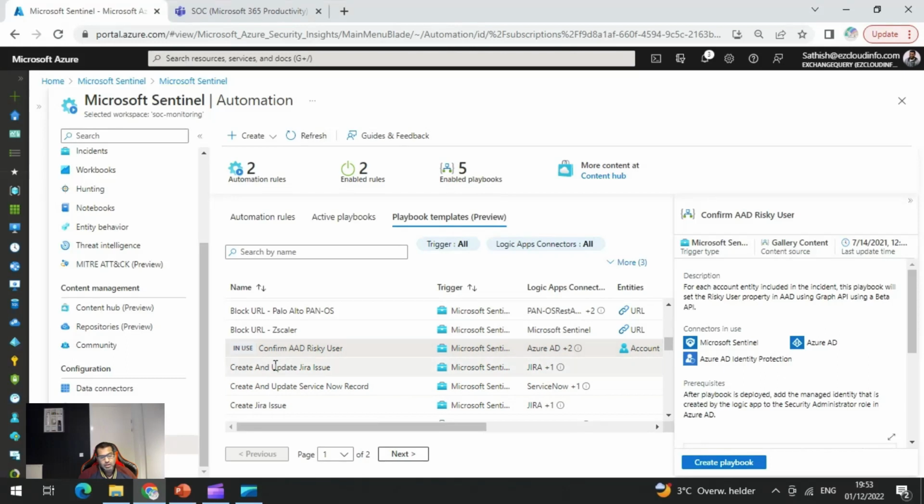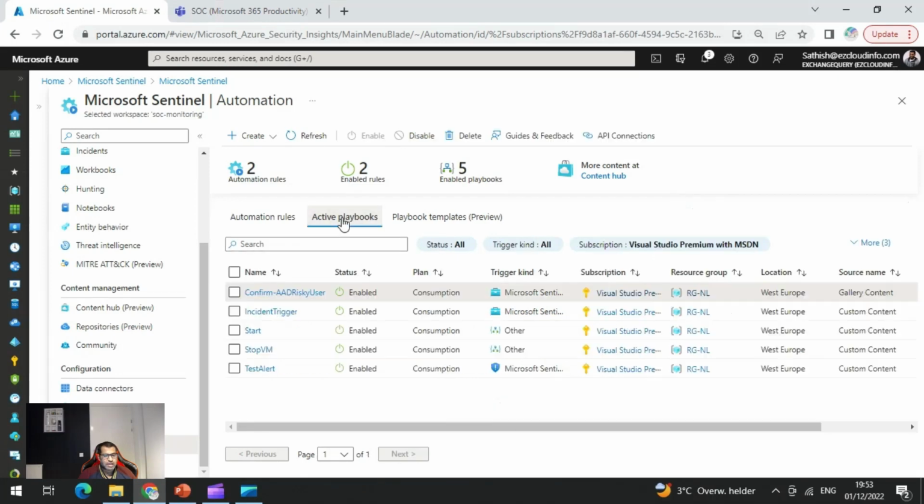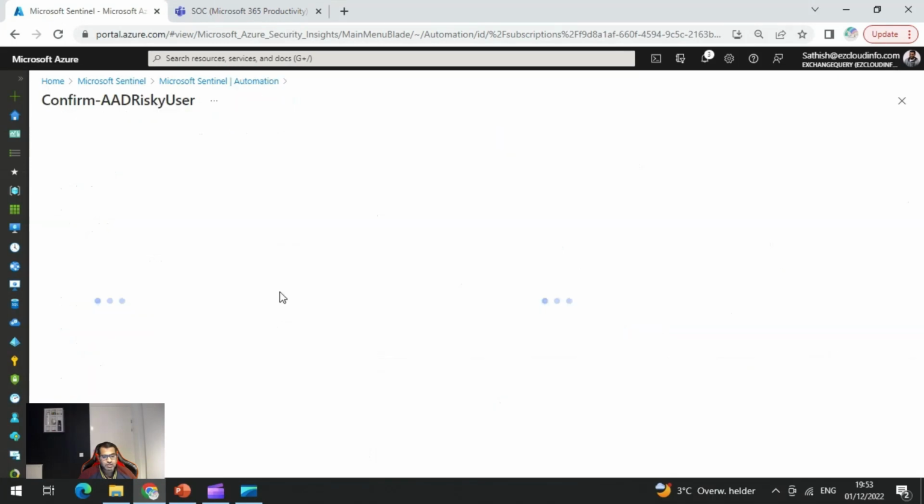Whatever template you are trying or utilizing, that would change the state to in use. So this Confirm AAD risky user on the right, if you see, for each account entity that is included in the incident, this playbook will set the risky user property using the beta API. So I just enable this. I can show you the active playbooks. If you go to the Confirm AAD risky user,